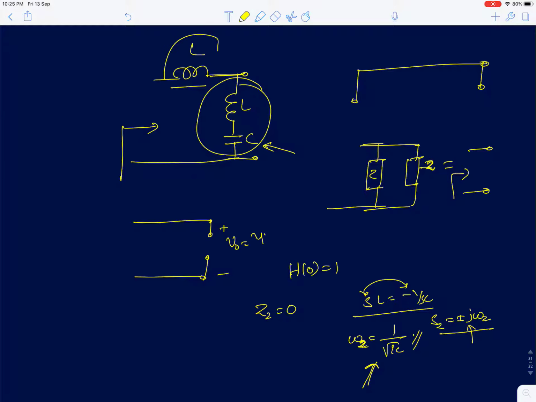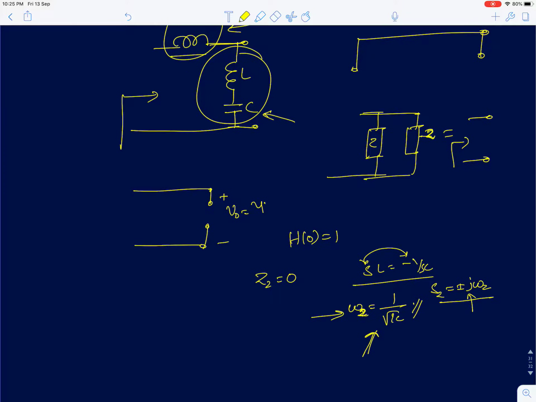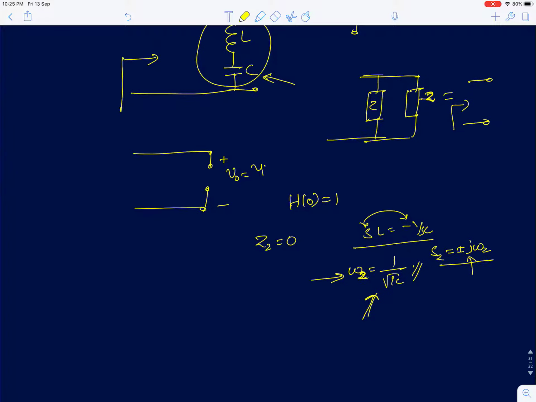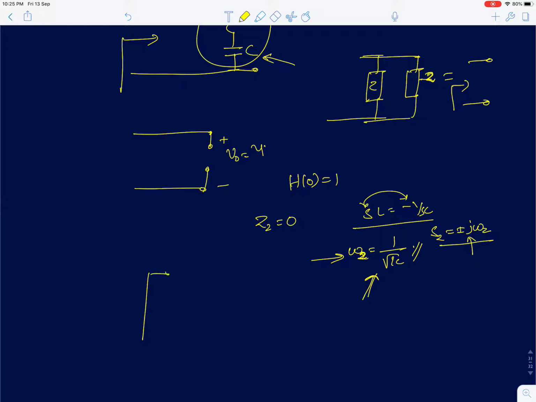The other condition is when Z1 becomes infinity, and that happens only at omega equal to infinity, so you don't have a 0 there. The only 0 is this, okay, and it's a complex 0. Now the next thing is to find the pole. To find the pole, we'll again short circuit the input,